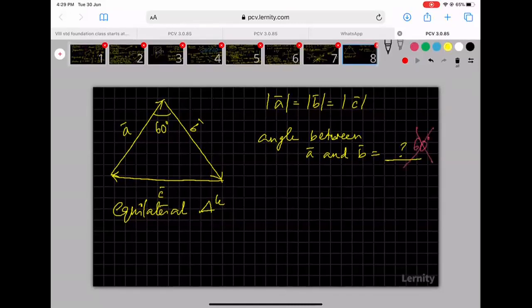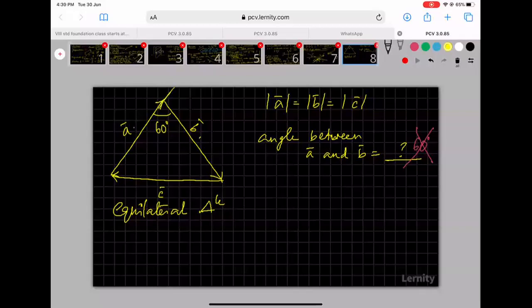That is not how you calculate the angle between two vectors. How do you do that? The angle between two vectors is the smaller angle that you will find between them when they are drawn co-initially or co-terminally. A bar and B bar in the diagram are neither co-initial nor co-terminal. So I can extend A bar in the same direction, to the same length. This would be the smaller angle between A bar and B bar.